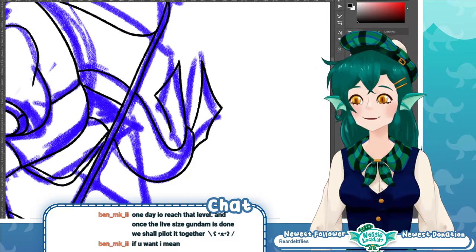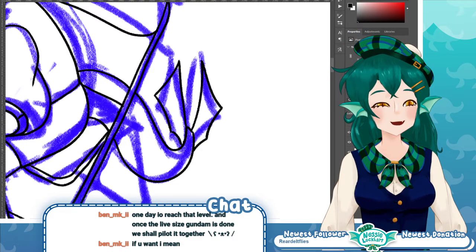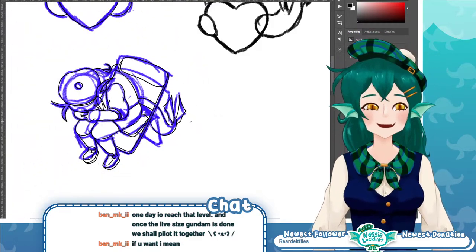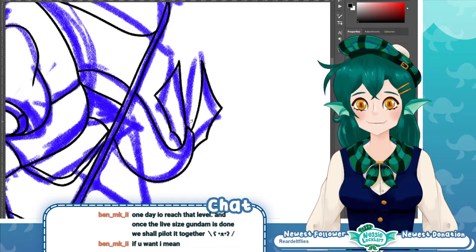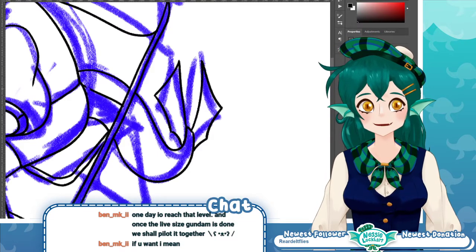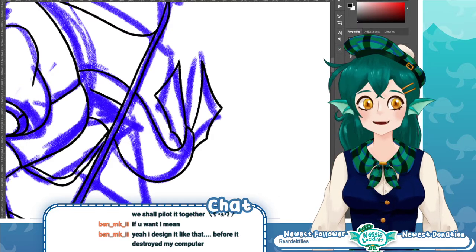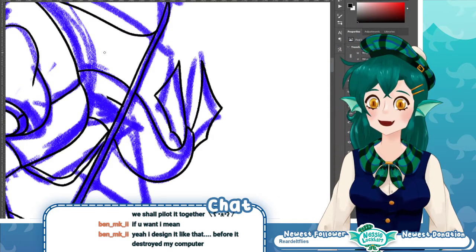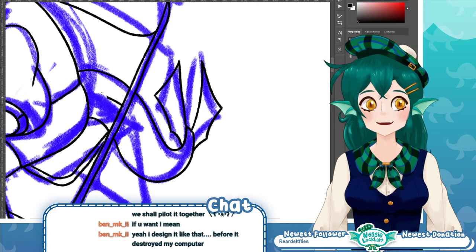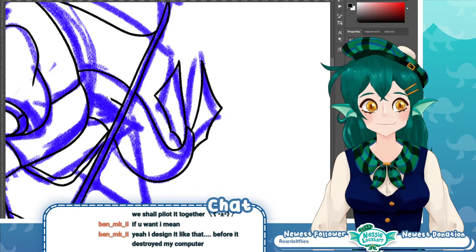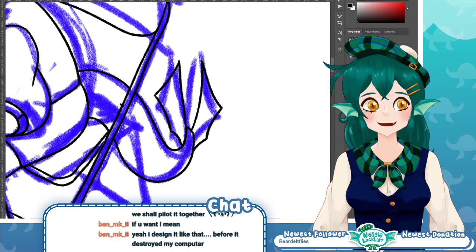I have no idea what's possible in Minecraft, so I feel like it's definitely easy to blow my mind. But even someone who isn't a Minecraft noob would still probably think that's really neat. Yeah, I designed it like that before it destroyed my computer. That really sucks.